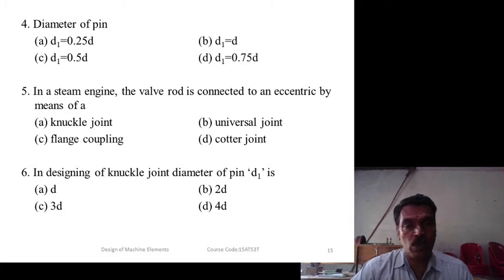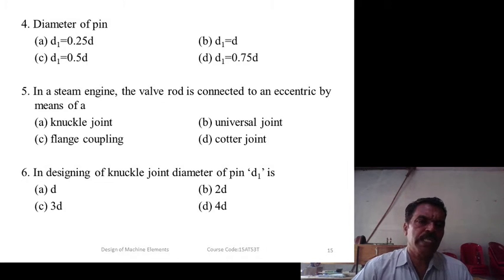So almost it is equal. Therefore D1 is equal to D. So that is the right answer for question number 4. Even if you have any confusion, you can refer to the DDHB, because all empirical formulae and different notations are printed in the DDHB. By referring to that you can judge which is the right answer for this question.